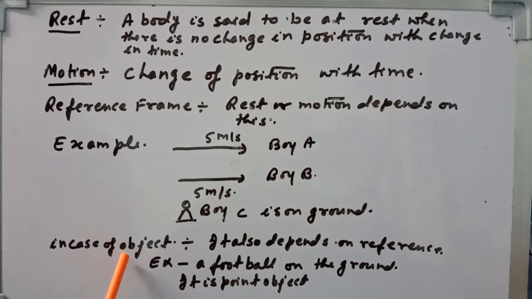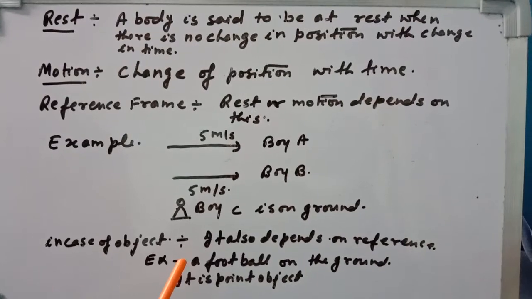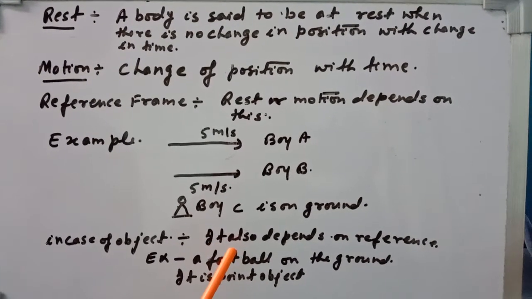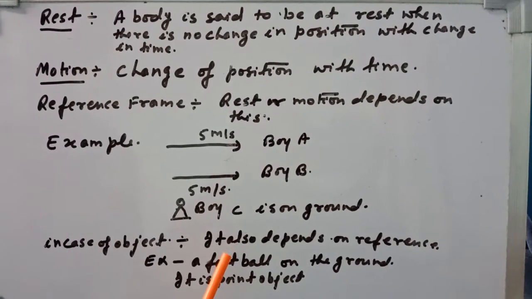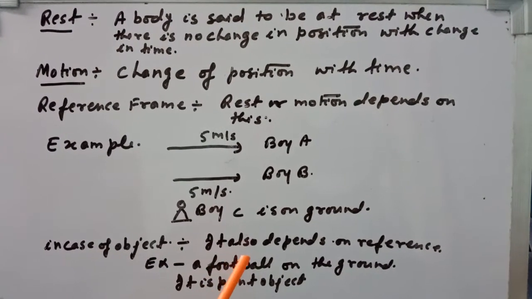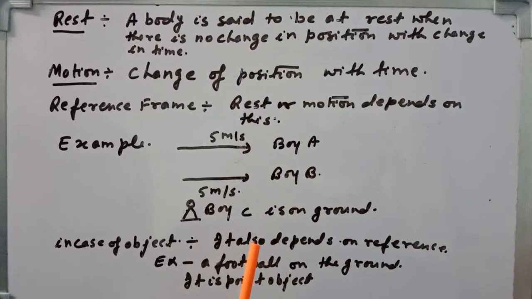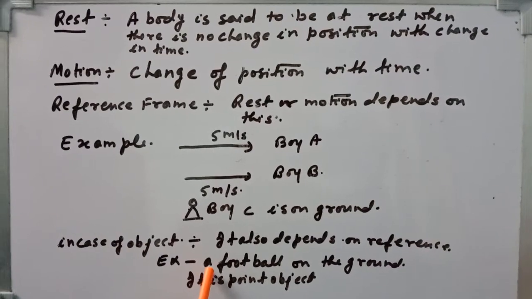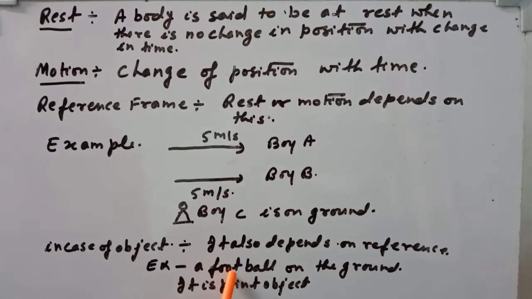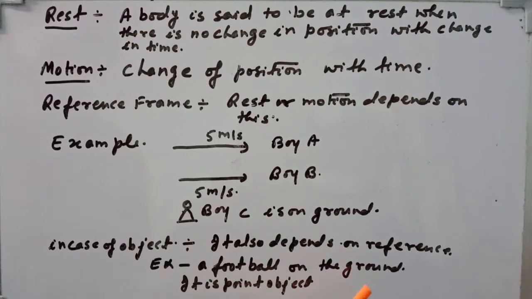In the case of objects also, there are point objects and extended objects. Suppose you are comparing one object with another: if one object is very large, then the other object appears to be a point object if it is small. So it also depends upon the reference. Here the example is a football on the ground. If you compare the football with respect to the ground, then the football is a point object. If you compare the ground with respect to the